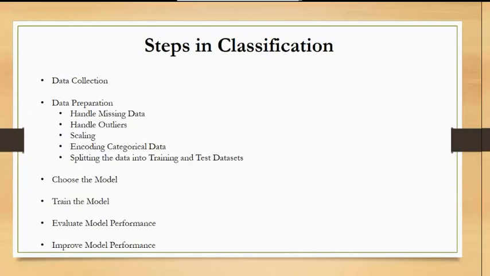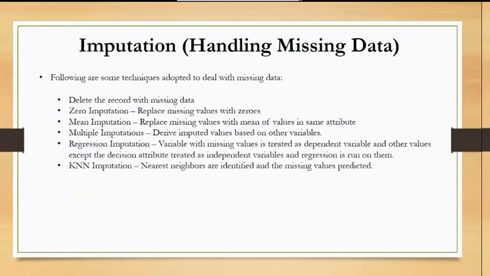We have quite a few actions to be taken as a part of this data preparation. Okay, we'll look at it one by one. The first one, handling missing data. How to handle missing data? This technique of handling missing data is called imputation, meaning you give some value in place of the missing data. These are some of the ways to do the imputation. The simplest way is to delete the record which has some data missing. But this is not very feasible when there are a large number of records with missing data.